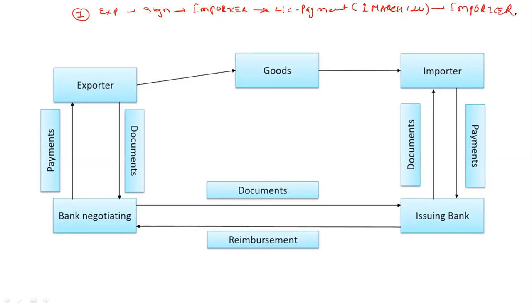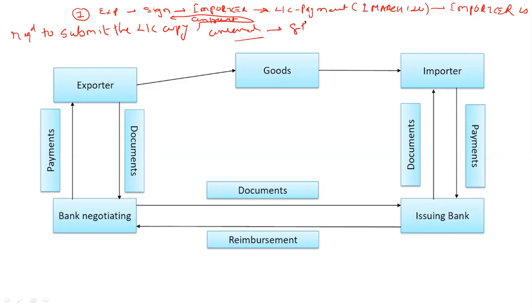to submit the LC copy as far as the contract is concerned. Say within 8th of March, the importer needs to submit the LC copy to the exporter. So during that week, what is the first step? The first step is that the importer will request